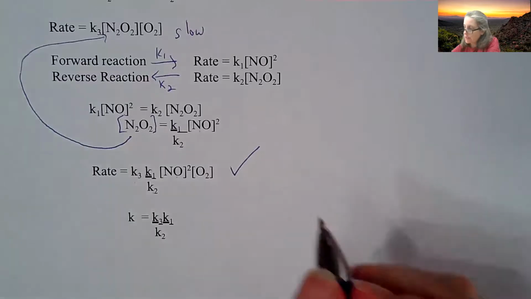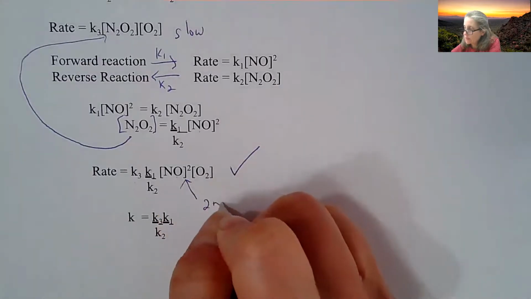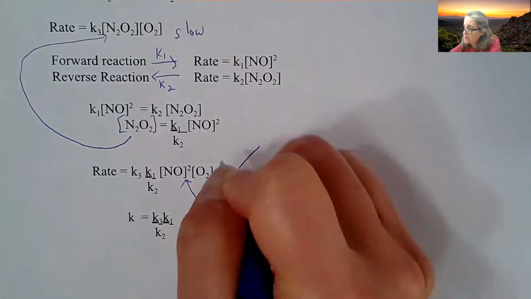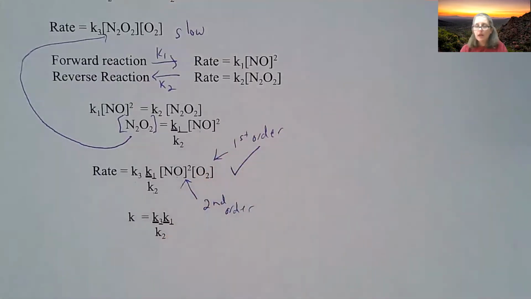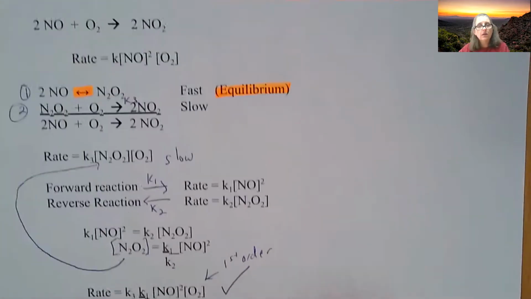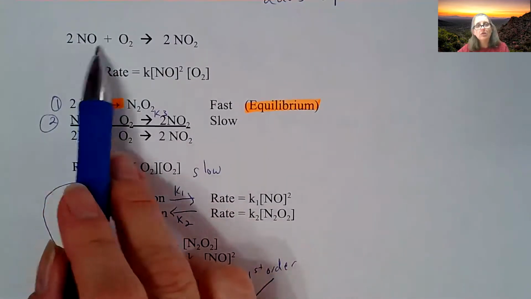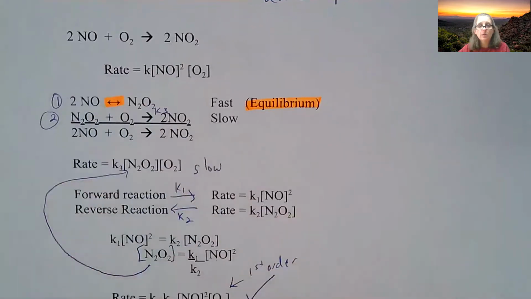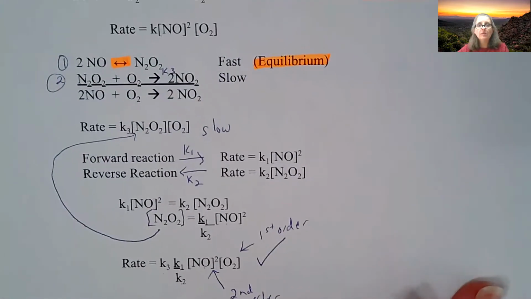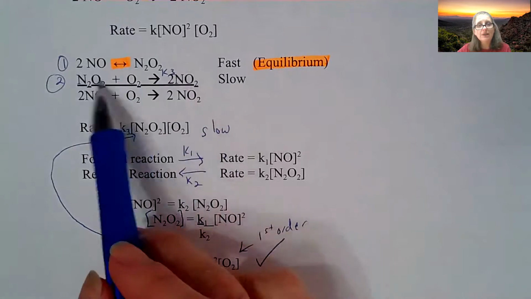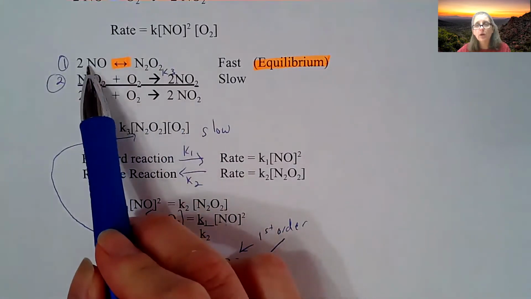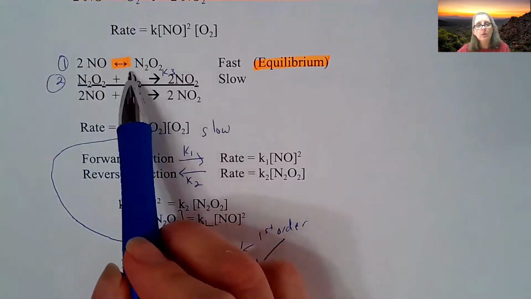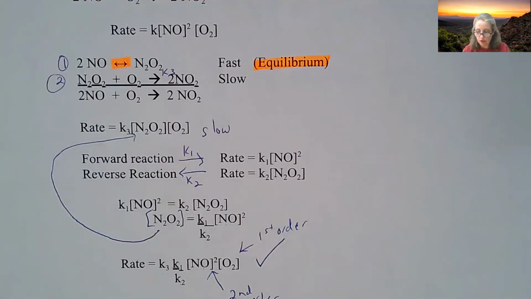So do note, again, this is a second order, and this is a first order reaction according to that, and that reflects the balanced chemical equation up here, okay? So realize that, again, equilibriums are very helpful because you could substitute in essentially the intermediate part here for what is over here on the reactants. So anytime you see an equilibrium, that's going to be a good tool for you to look at,